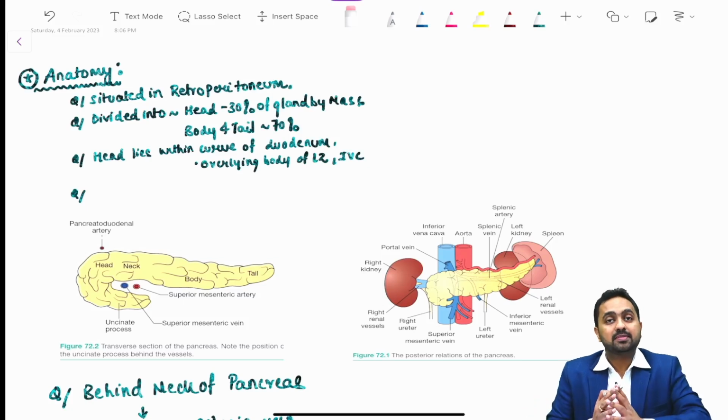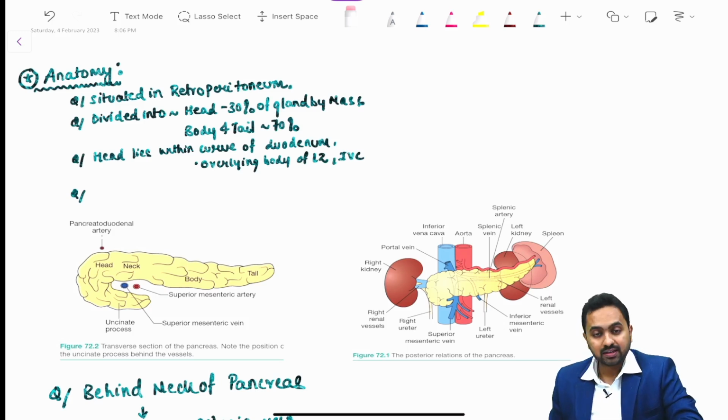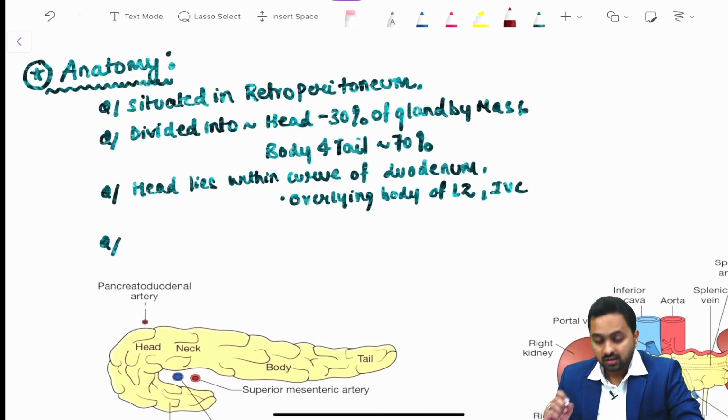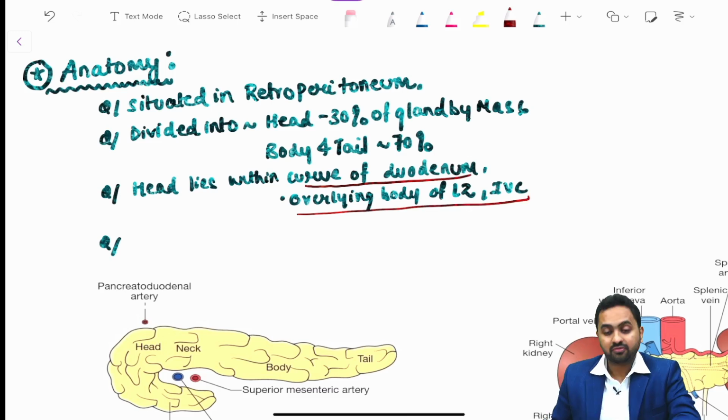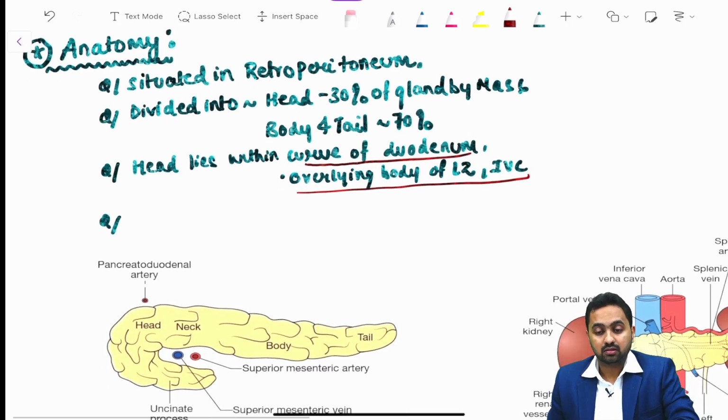So in this video we shall be discussing the anatomy, a few important steps of the embryological development of the pancreas, and a few common congenital disorders of the pancreas. Regarding the anatomy, it is situated in the retroperitoneum. It is divided into the head, which constitutes around 30% of the gland by mass, and the body and tail, which constitute around 70%. Now the head lies within the curve of the duodenum overlying the body of L2,